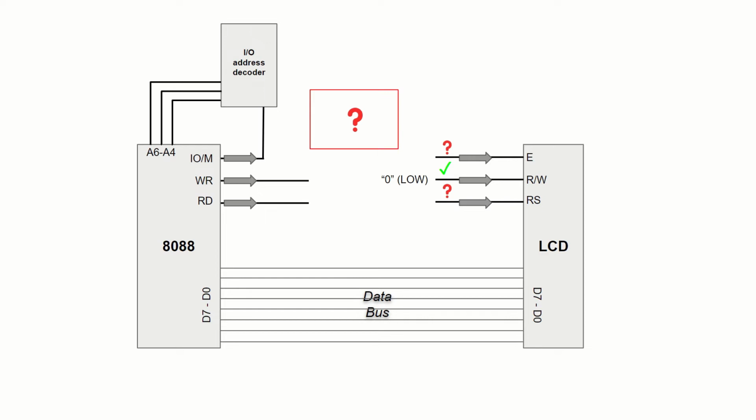In other words, we would like the E to go high only when the chip enable signal from our address decoder is low, and the WR signal goes low when the CPU writes to the I/O port. That is exactly what a NOR gate does. Therefore, we need to use the 74HCT02, which provides 4 such gates. For more details on logic gates, please find my new series on this channel. Okay, so we have our E signal done. The RW will be hooked to the ground, as we will always only write to the LCD.